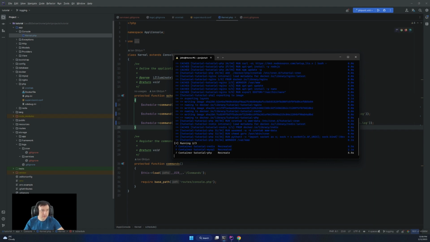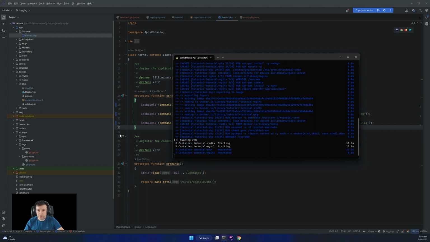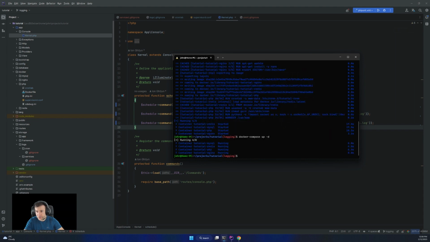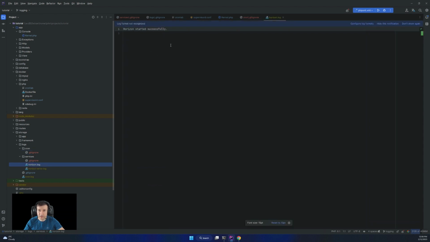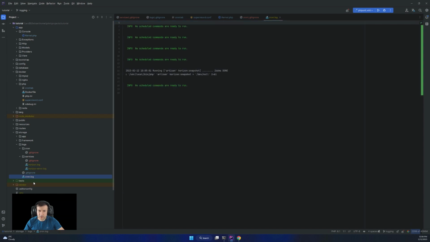Okay, the containers are recreated. All good. Now the services are inside here. Horizon started successfully. Horizon and cron are still in here, but why?